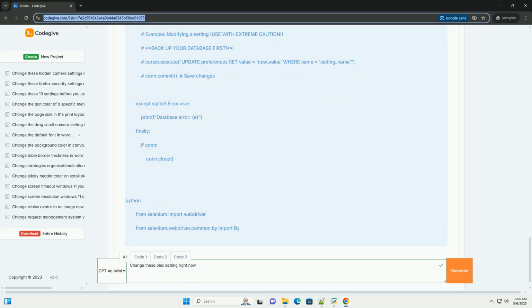/com.plexapp.plugins.library.db. Windows: %LOCALAPPDATA%\Plex Media Server\Plug-in Support\Databases\com.plexapp.plugins.library.db. macOS: ~/Library/Application Support/Plex Media Server/Plug-in Support/Databases/com.plexapp.plugins.library.db